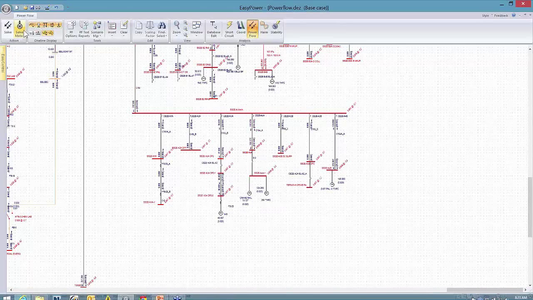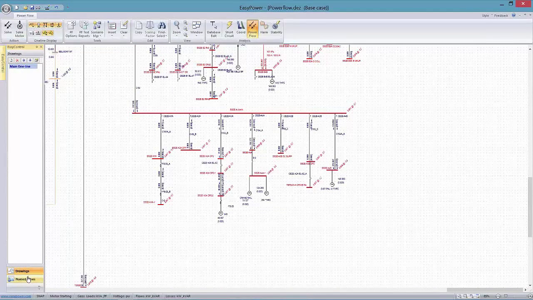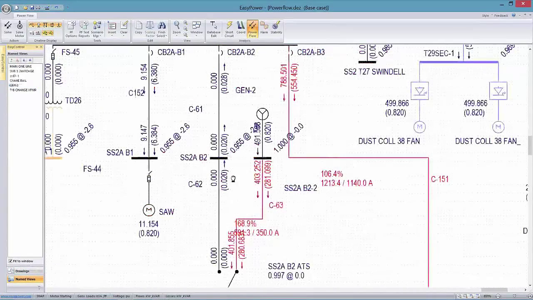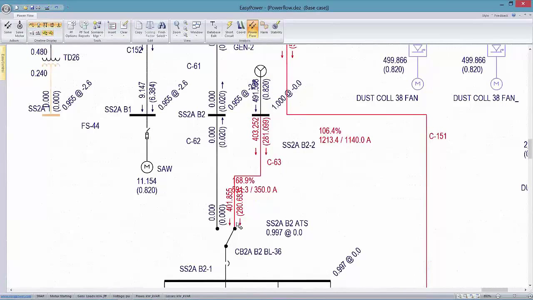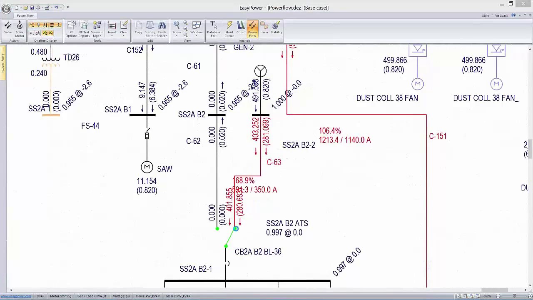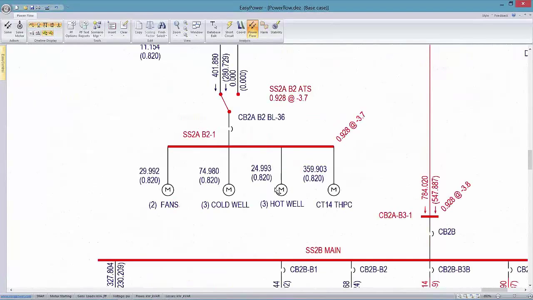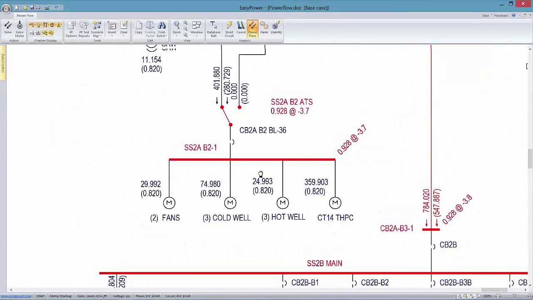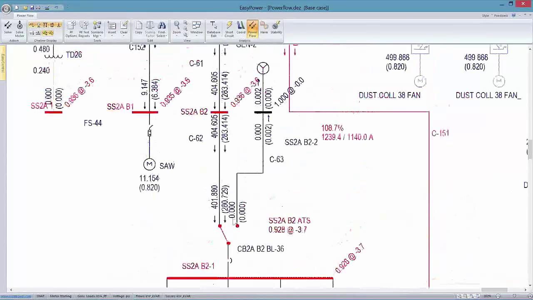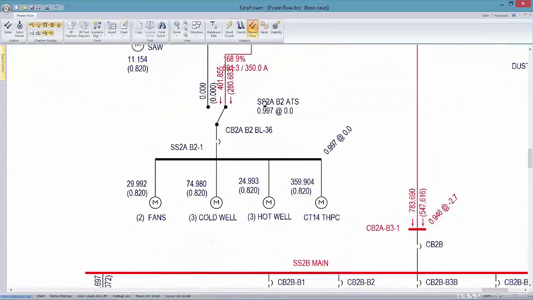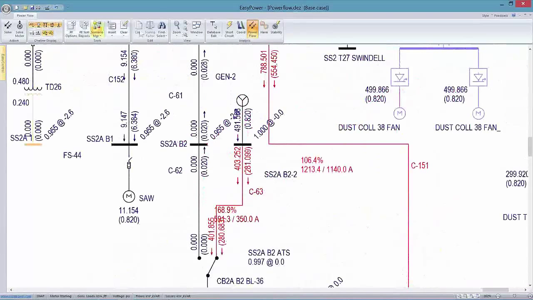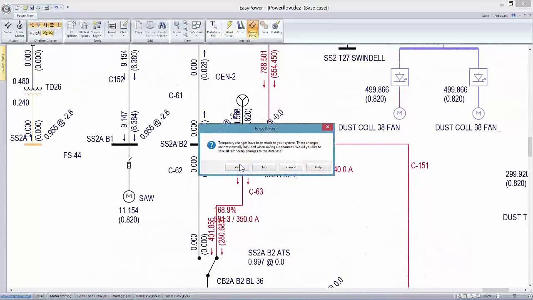Okay, so another what-if example might be, as we're looking at different parts of the system, what if we want to operate this bank of motors on the generator for any length of time? How's that going to handle it? And again, just as the motors have the need for some data input on PowerFlow, the potential for having to make an adjustment to the generator data is equally important. And so as we go in and look at this, I just want to point this out as far as